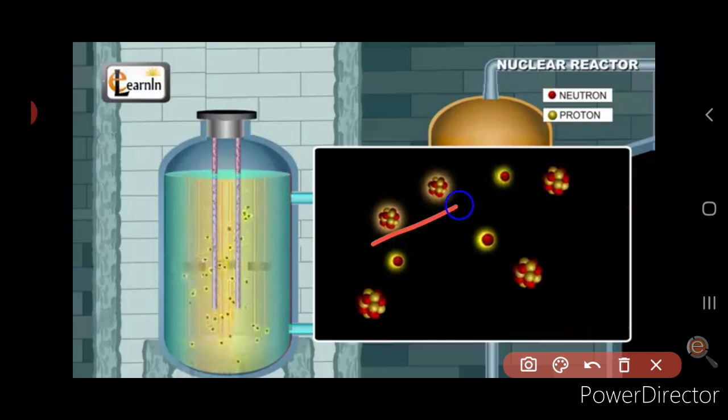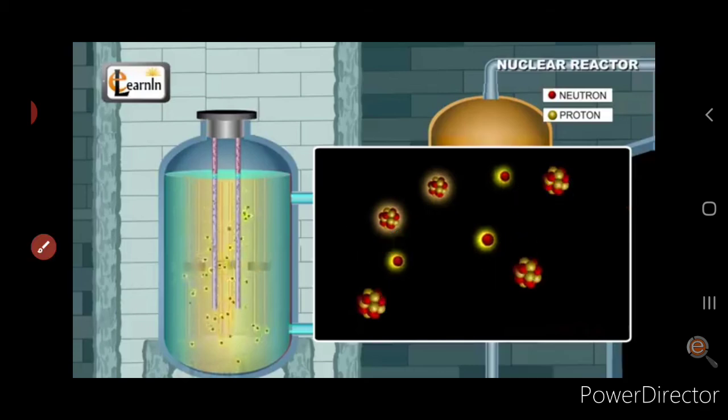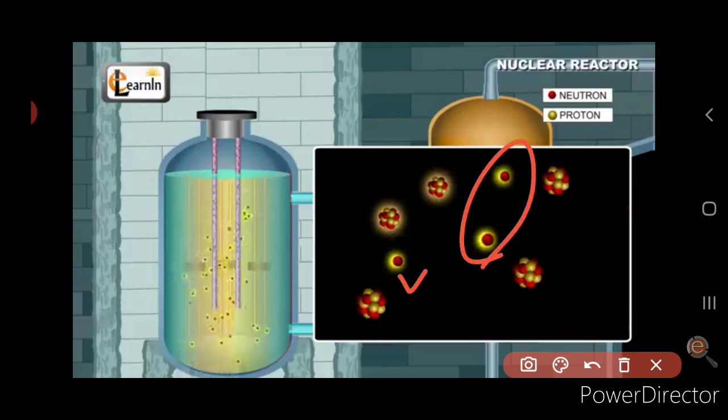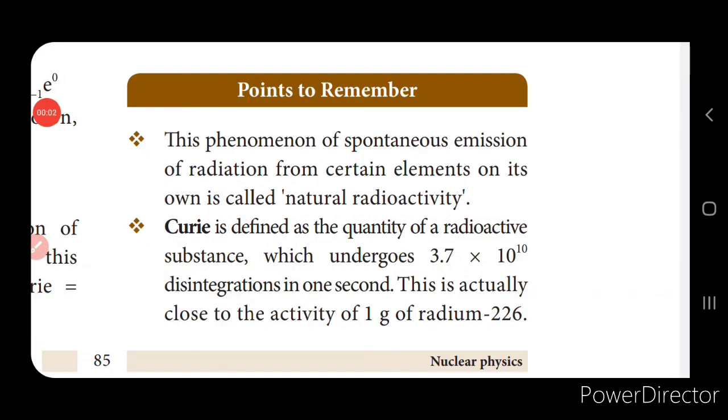Here you can see the fissile material available for the fission reaction, and it emits 3 neutrons, and these 3 neutrons induce further fission reactions. But 2 neutrons are absorbed, so that only one neutron is available for the further fission reaction, so that the reaction takes place in a controlled manner. The heat energy produced is made to boil the water, which produces steam, and the steam is made to run the turbine in order to produce the electricity. So with the nuclear reactor we have come to the end of the lesson.